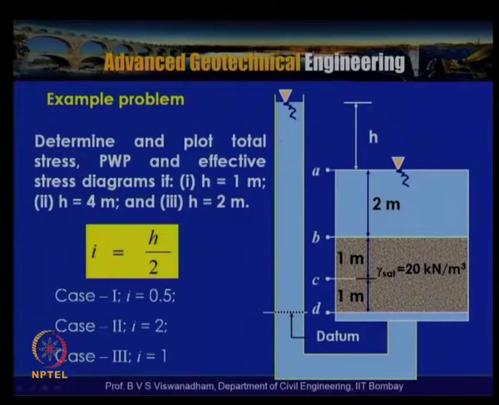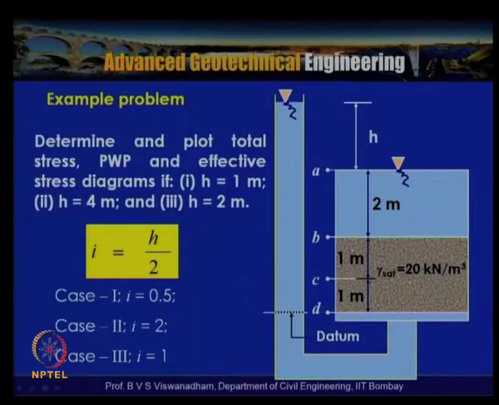So this is the H which is shown here, the difference in water level between this portion of the stem and the level at A. This particular portion of the stem has a cross section area A and a soil thickness of 2 meters, and point C is at the midpoint, mid distance above D, and this level is considered as the datum.